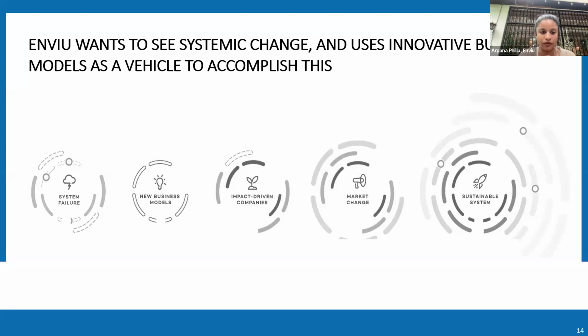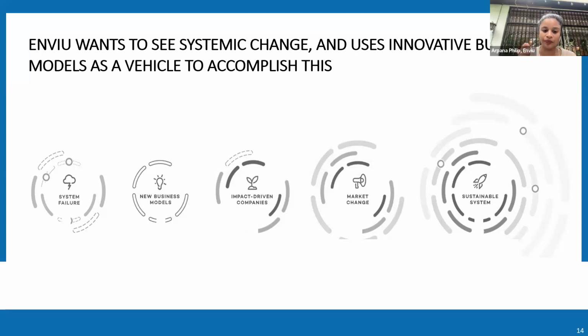It could be the food system, the textile system, plastics, or mobility. We do an intensive analysis, and I'll give you an example of what we did in Kenya. And we come up with innovative business models that could really impact that system failure and convert it